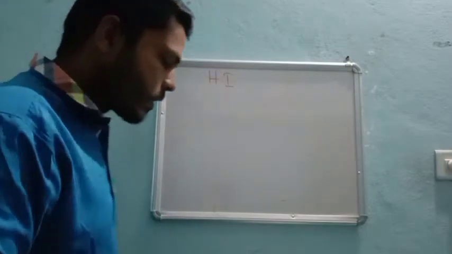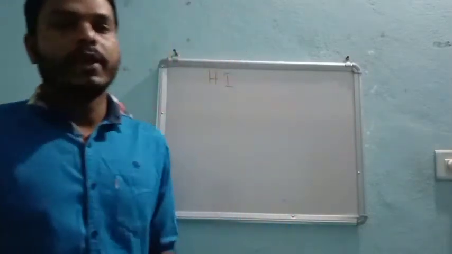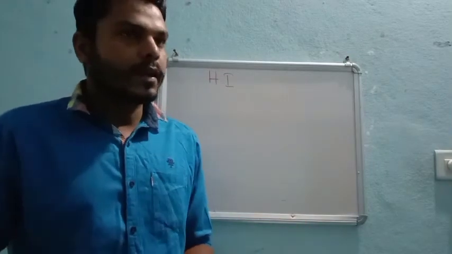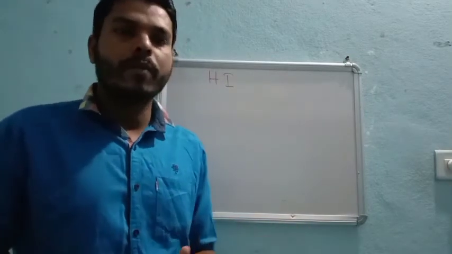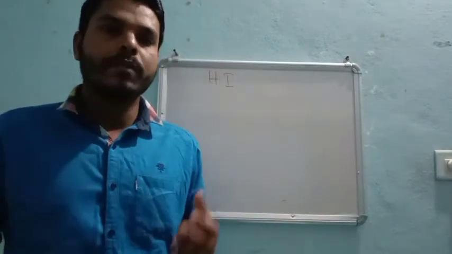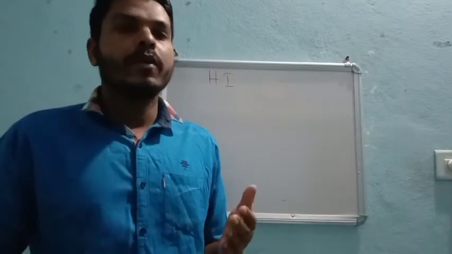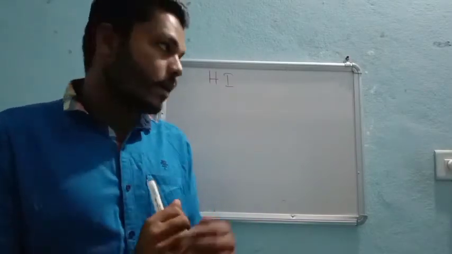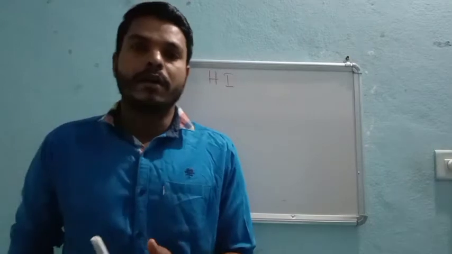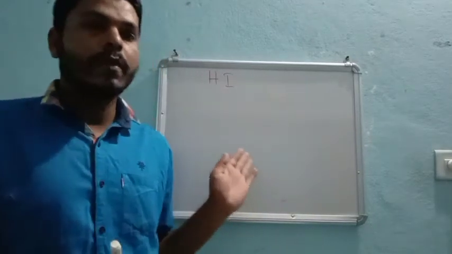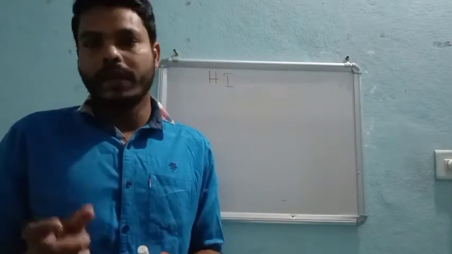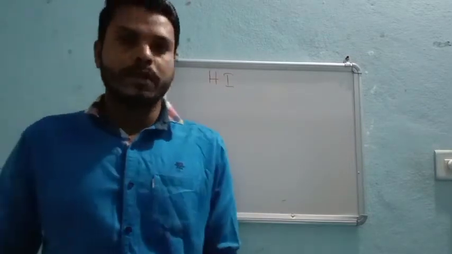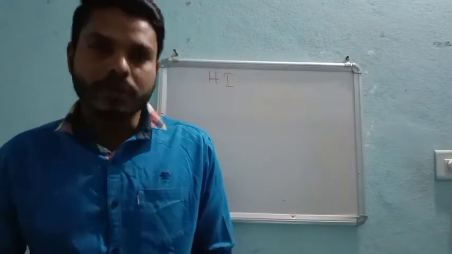If I react glucose with hydrogen iodide, it will give straight chain n-hexane, that means normal hexane. The formation of normal hexane indicates the presence of 6 carbon atoms in glucose, right? So this is one we can identify. And how they ask doubts on the particular points, I have already given a hint, so go through it. You can follow some important questions also, right?